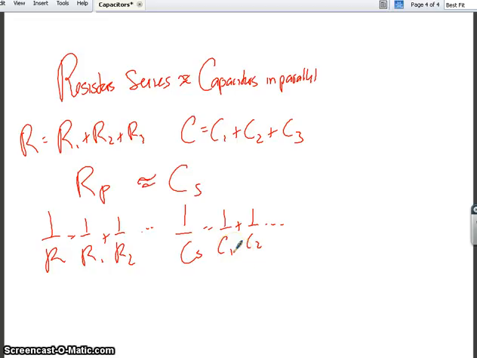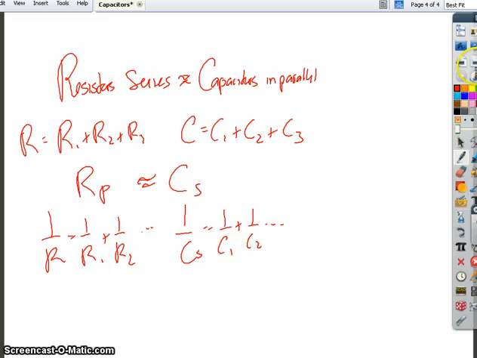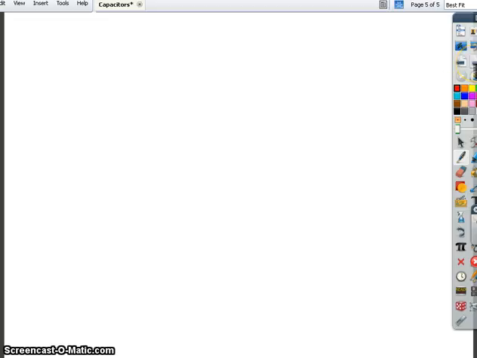We can store more charge in parallel than we can in series. Now I'm just going to give you a couple more small tips with capacitor problems. You're going to see a lot on tests or questions, and it's going to say this circuit